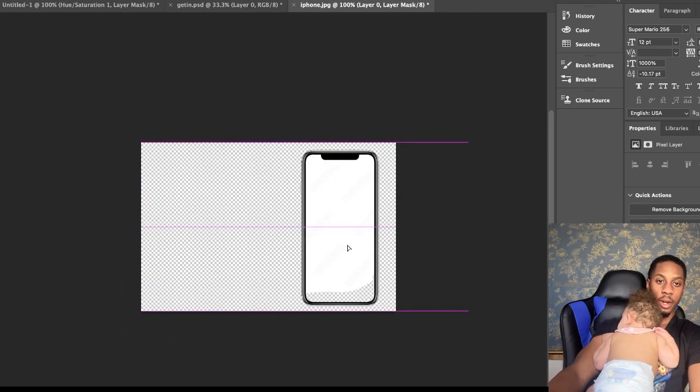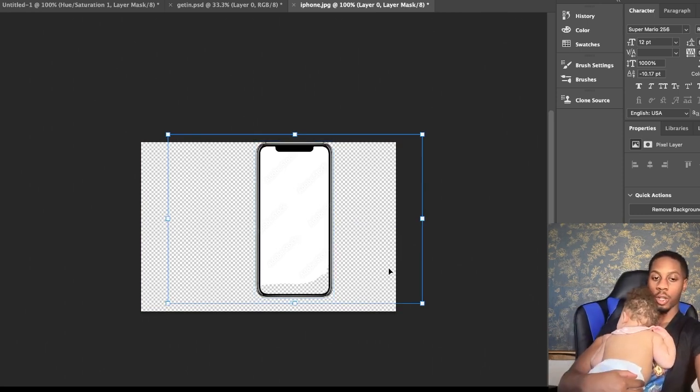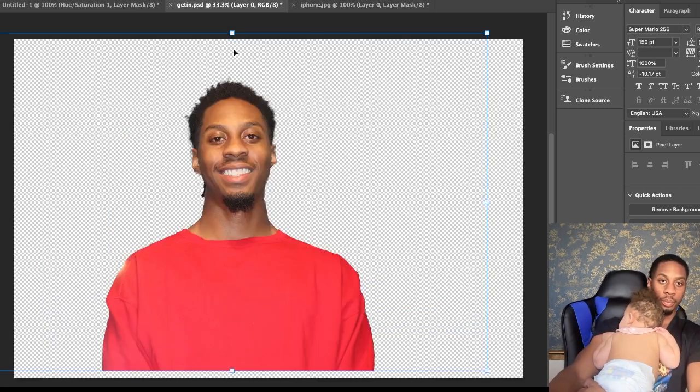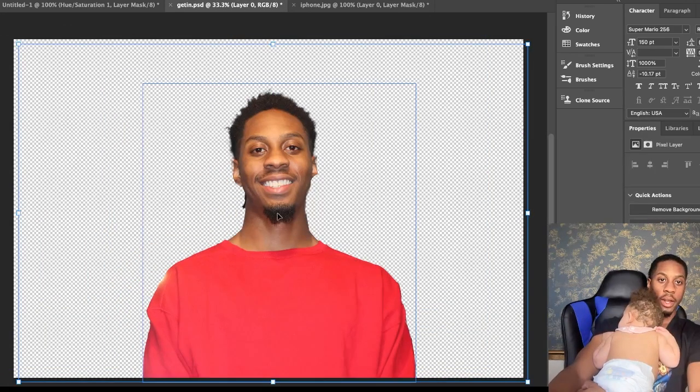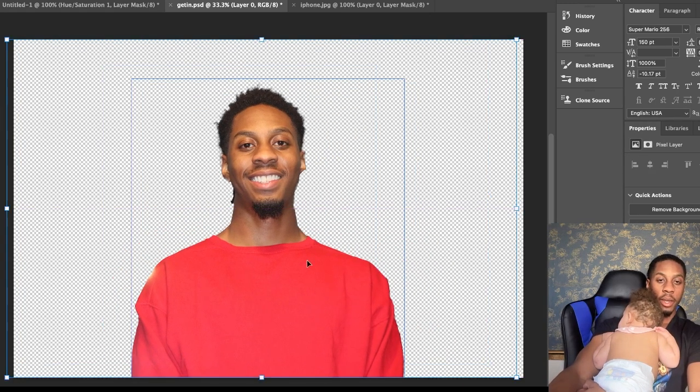We don't have any background noise. That Remove Background on Adobe is a very nice feature, so make sure you take advantage of it if you need to use it. And I also used Remove Background on this one too. I just didn't show you guys how to use it. I had a background image, but I just showed you how to use it